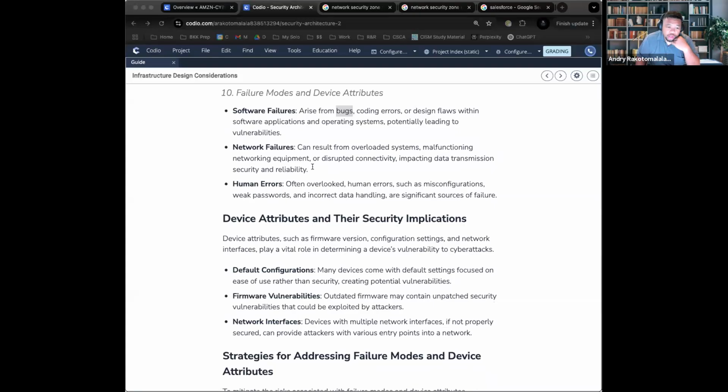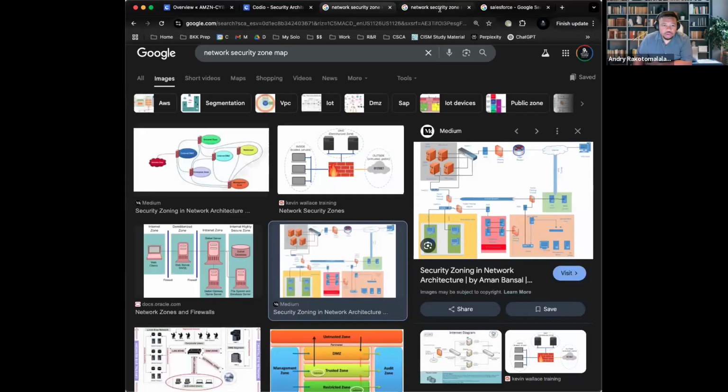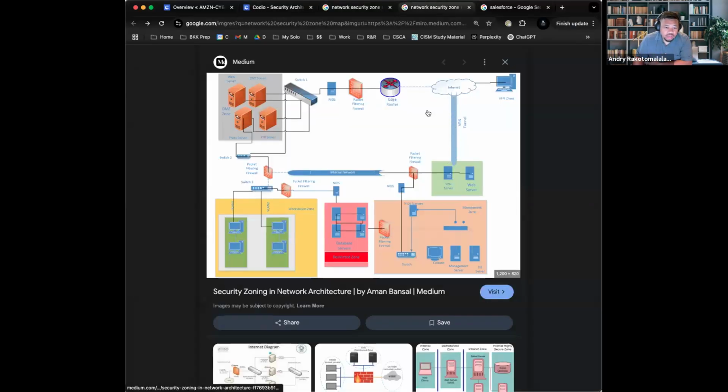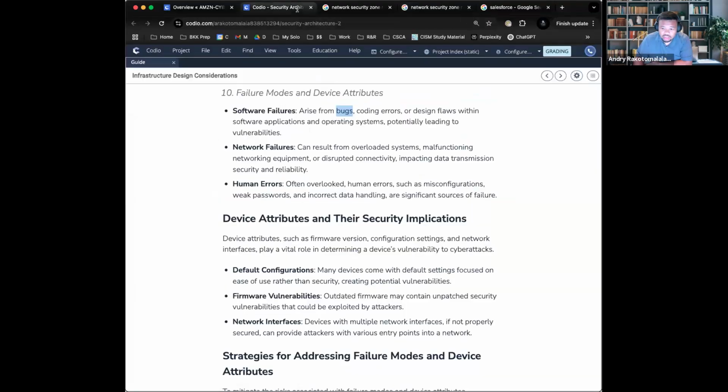Next one is a network failure. In very simple terms, it's when your network just drops. It doesn't work at all. An example of your network totally falling apart is if your main router goes down or any of the switches go down. Because then anyone trying to get to your DMZ, or any employees trying to get to the data servers, won't be able to, since none of the devices will be able to get there. That would be considered a network failure.